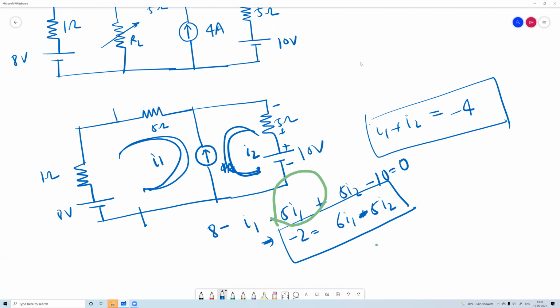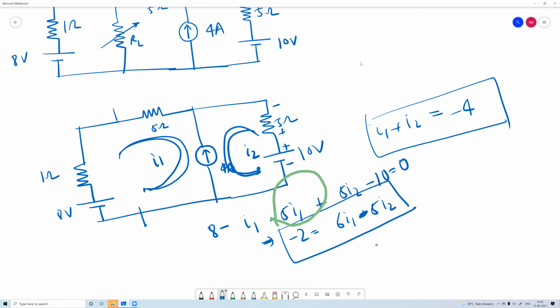Only the direction of current is inverted, depending on which direction you are moving. For a battery, it will be unique. There's no ambiguity, we clearly know which one is plus and which one is minus. For a battery, plus to minus is minus, minus to plus is plus. But for a resistance, you have to keep in mind which will be minus or plus; that will depend on current. Yes, sir. Got it.